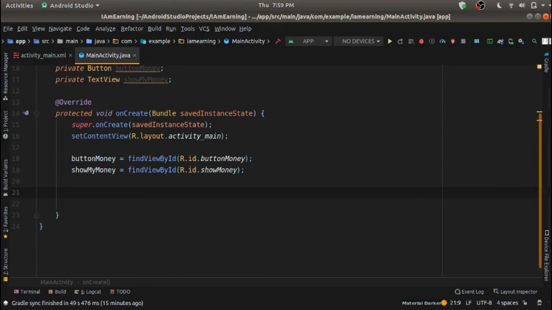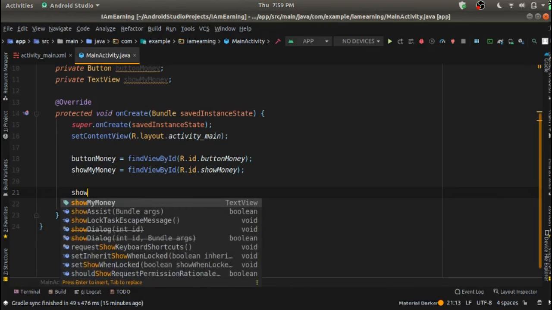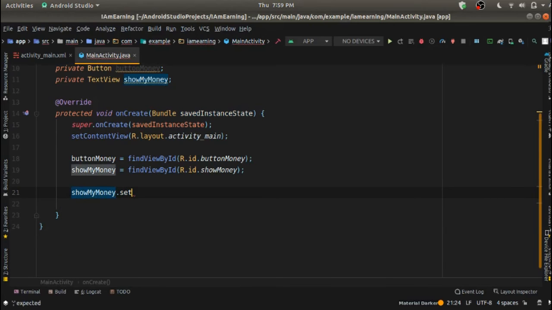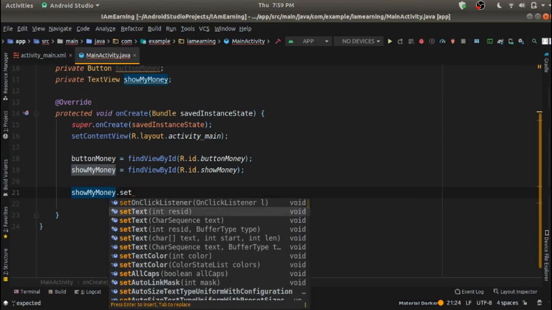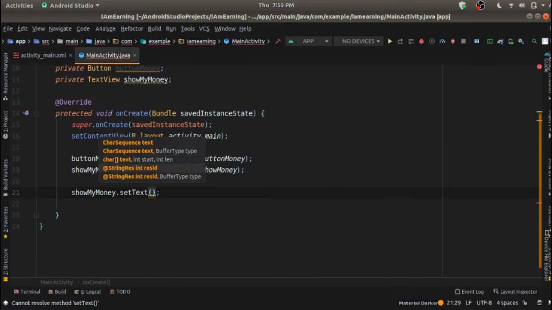So once this has been created, I want an initial amount. Let's put some amount over there. showMyMoney.setText, and I just put some amount over there, like 1000.